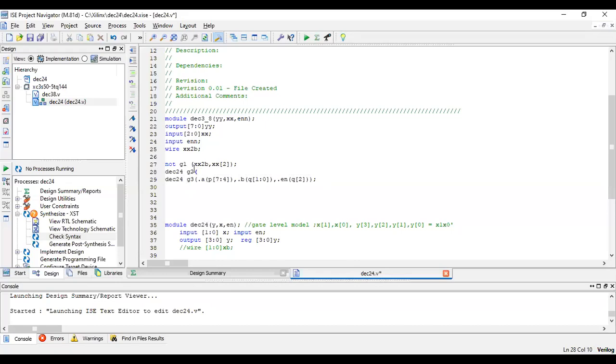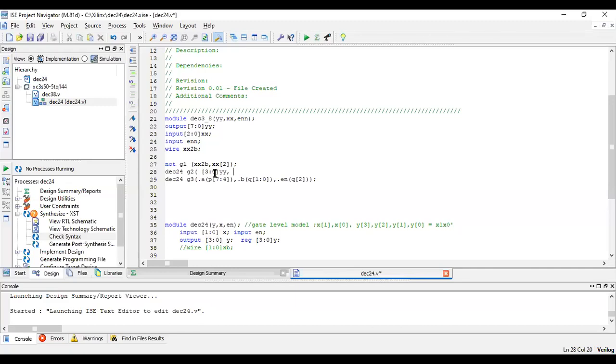So in the first decoder, I have Y. See if you can see over here, Y. What is the size of Y? 3 down to 0, Y. So now what is our output over here? Our output will be 3 down to 0, YY for the first decoder. Because the first decoder will give you the output YY of 0, YY of 1, YY of 2 and YY of 3.